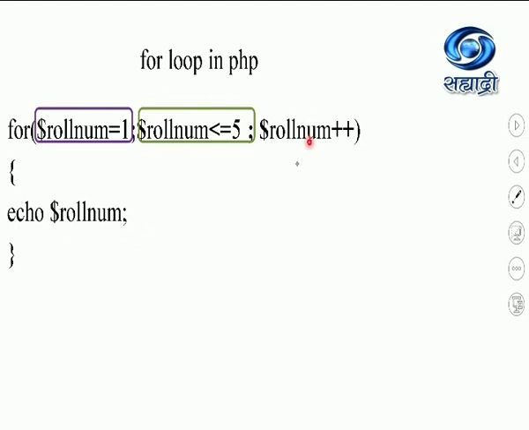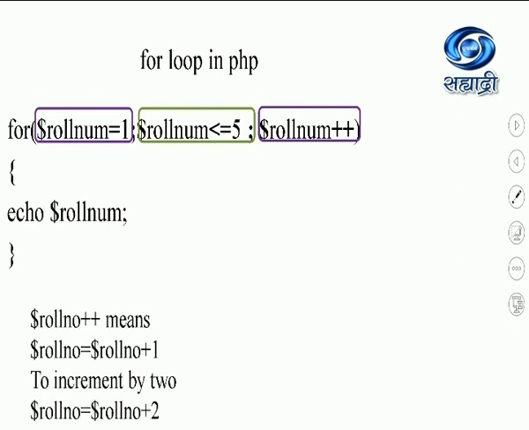After that it will come to the increment part, and it is going to increment the roll number by 1 because roll number plus plus means roll number is equal to roll number plus 1. If you want to increment the variable by 2, you are not going to write triple plus. You will write roll number is equal to roll number plus 2. And if you want to increment by another number, obviously that number or a variable name you can write here.